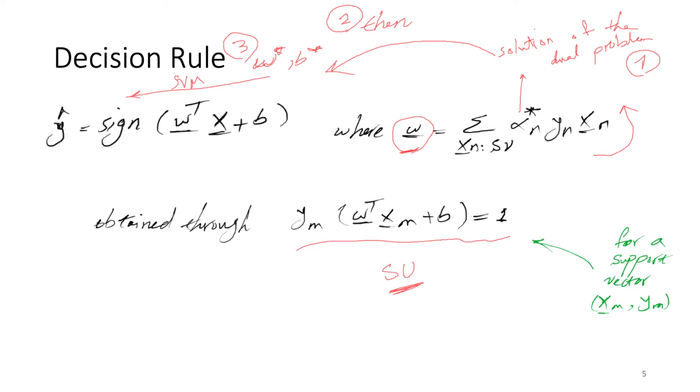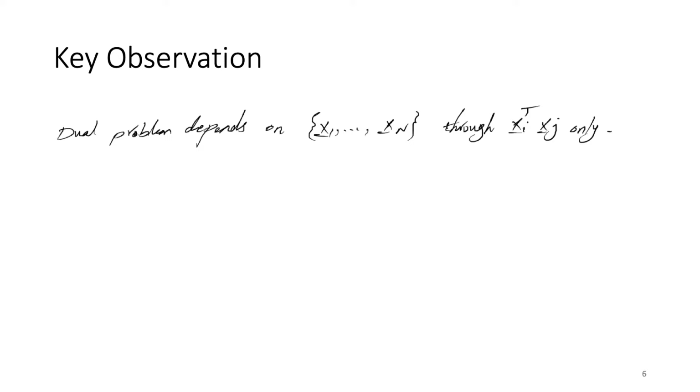All right, so if you take a look at the dual problem, it depends only on x1 up to xn through the xi transpose xj's only. This is a very key observation. So that means that the decision rule that we need to find for SVM, the maximum margin, depends only on xi transpose and x's,